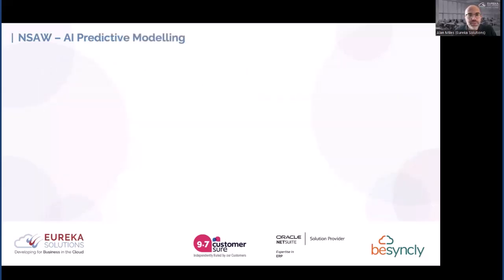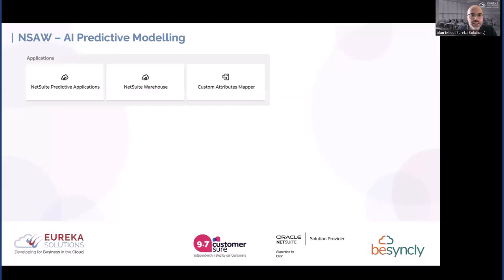And then we get into the predictive side of things as well. So we saw at the start there was a prediction on which customers are going to pay late and what the impact would have on cash flow. There are a few default models within NSAW, predictive applications, and ones related to warehouse management as well in terms of